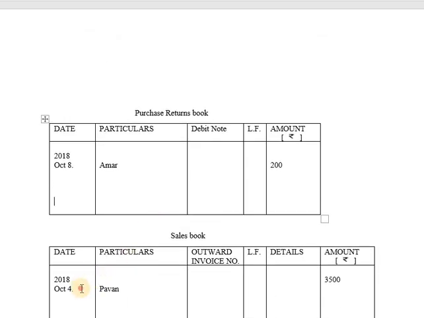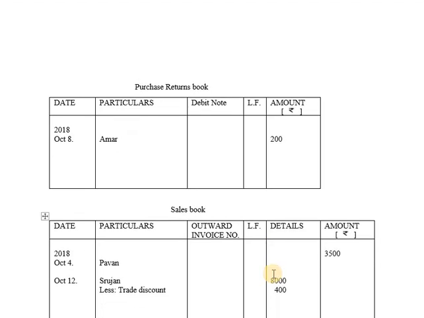So to whom are we selling the goods? We are selling to Sujan. When are we selling? We are selling on October 12. So the date will be taken as October 12. As we are selling the goods to Sujan, Sujan's name will be recorded in particulars, and as we are allowing trade discount, it will be subtracted, less trade discount. So you have sold goods worth rupees 8000. So the calculation will be done here as 8000 less trade discount is 5%. So 10% of 8000 is 800, whereas 5% will be half of it, that is 400. So here is the calculation: 8000 into 5 divided by 100.